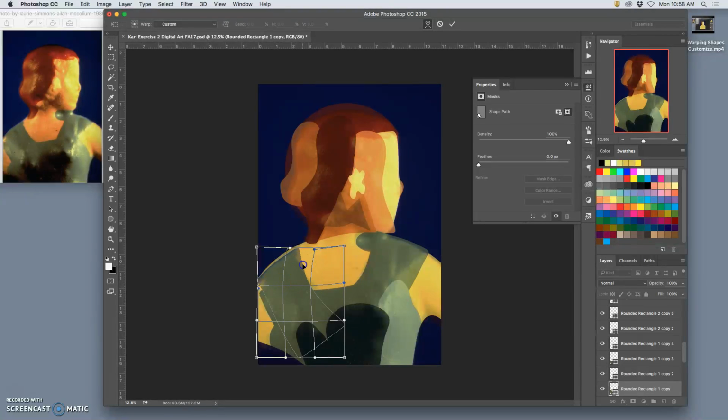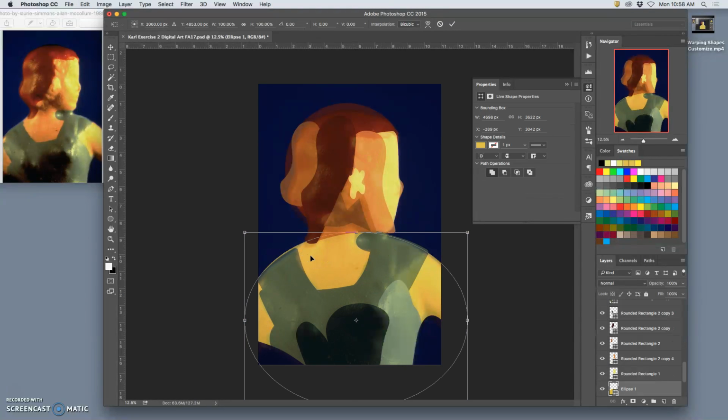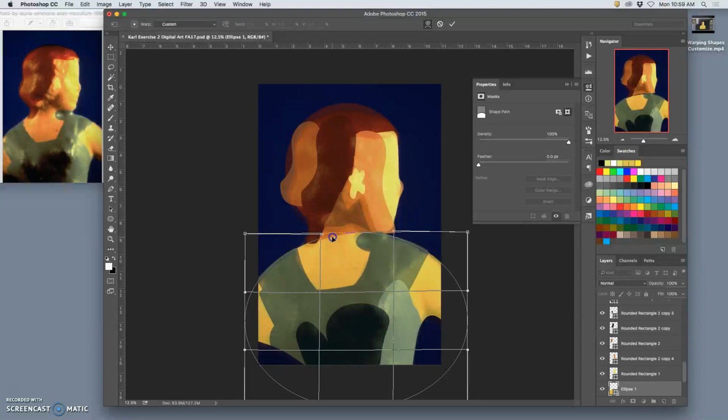So we start with simple shapes and we slowly make them more complex. Work from the simple to the complex. That's a good lesson for almost all art and design. The basic structure